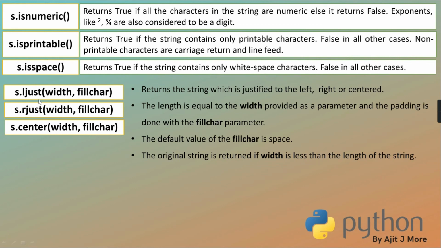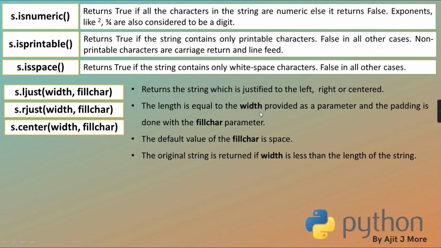side. But whatever string it returns after doing appropriate transformation, the string which it returns will be of this width length. And whatever the spaces were remaining in the string, because the width may be larger and the string may be smaller, all the remaining places on both the sides, left side and the right side, are filled with space if you don't give a fill character. And if you give a fill character, it will fill those remaining spaces with that fill character. And if you don't give it, by default it uses space.